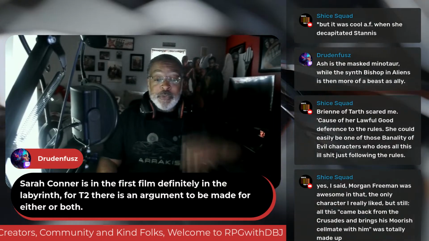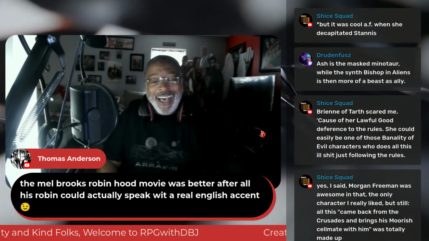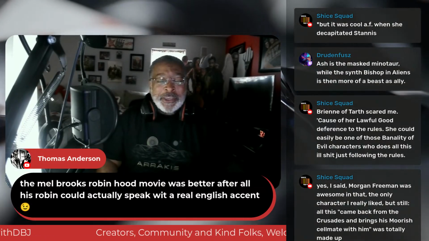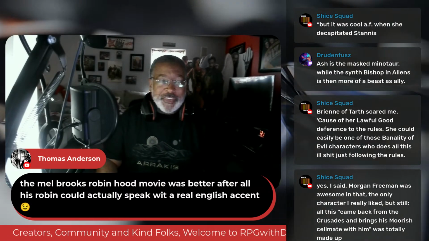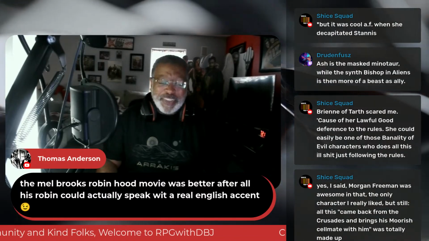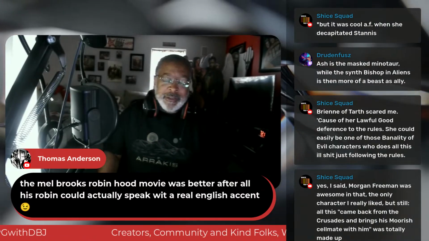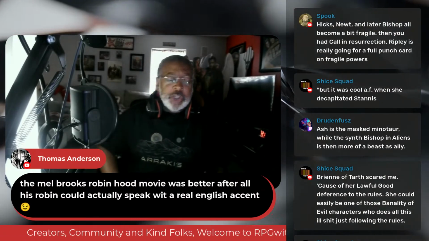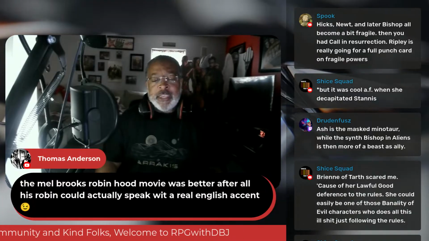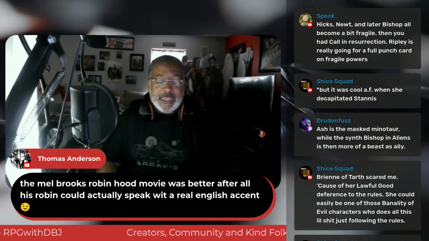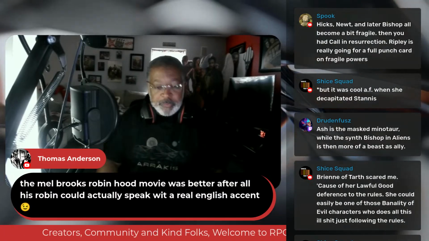Mel Brooks' Robin Hood movie was better after. Yeah, the Mel Brooks, man. Mel Brooks could not be Mel Brooks today. Oh my God, Mel Brooks has some amazingly funny movies that you could not make today. You couldn't make Airplane. You couldn't make his Robin Hood movie. You couldn't make his Frankenstein movie. I can't remember the names of all the Mel Brooks movies, but